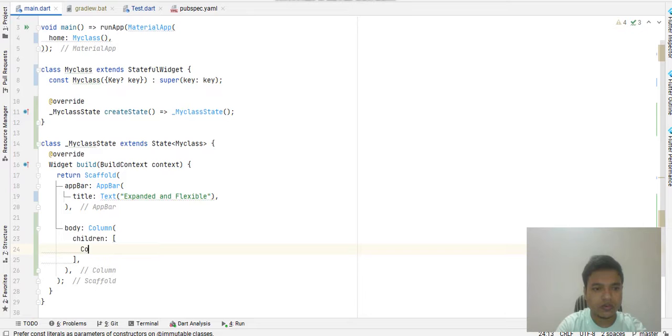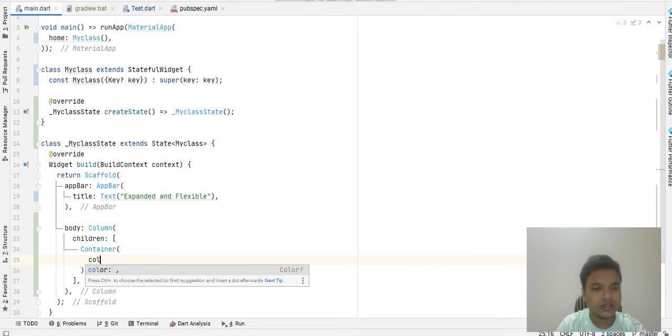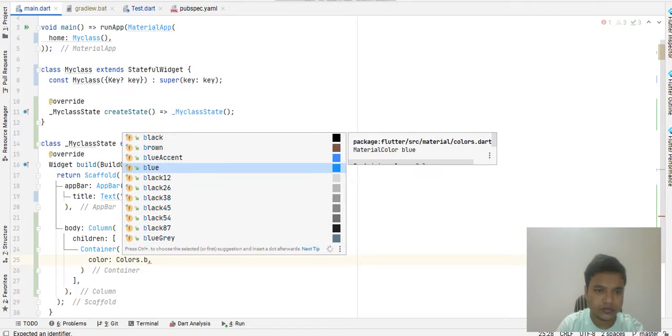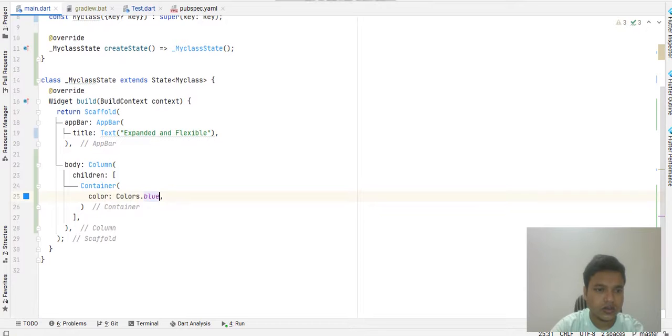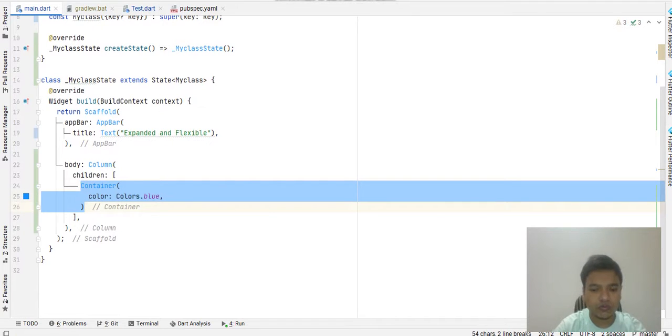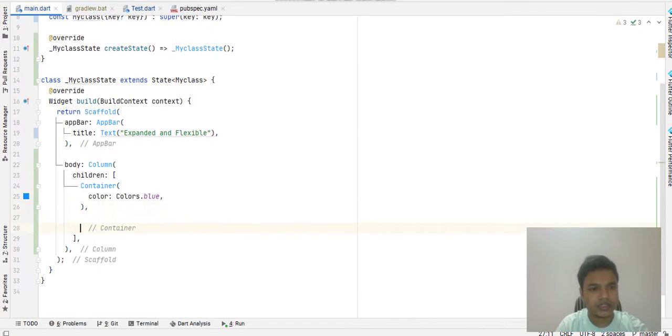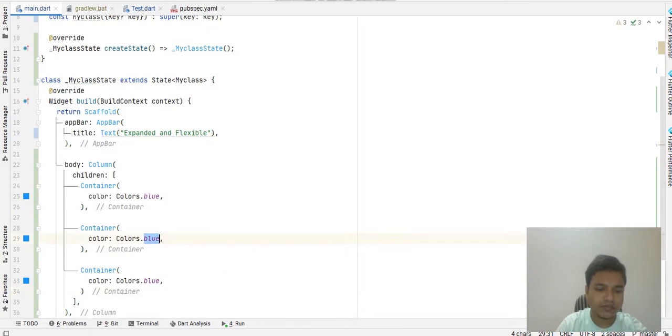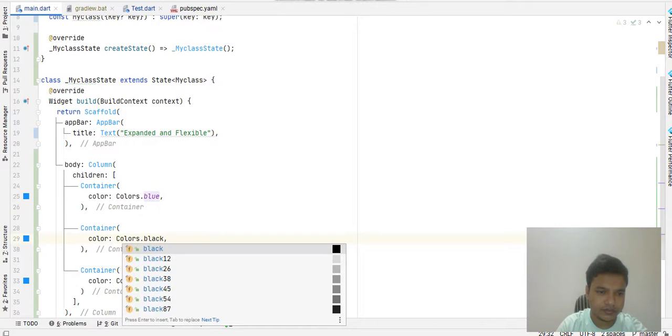I'm going to pass three containers here, which contain the colors: Colors.blue. Now I'm going to pass two more containers, just copy it and paste it twice, and now it's black and red.